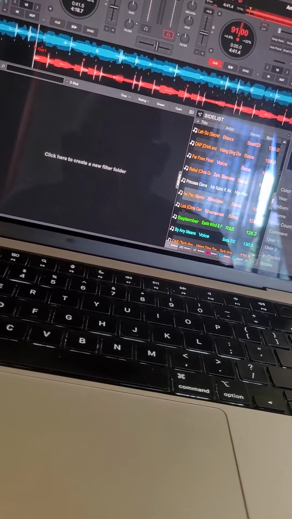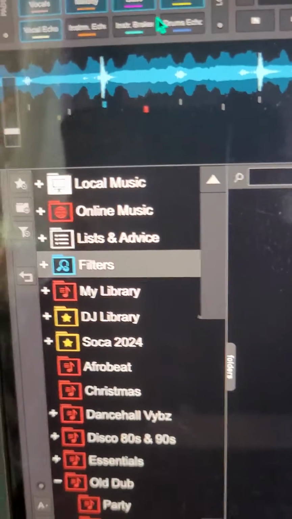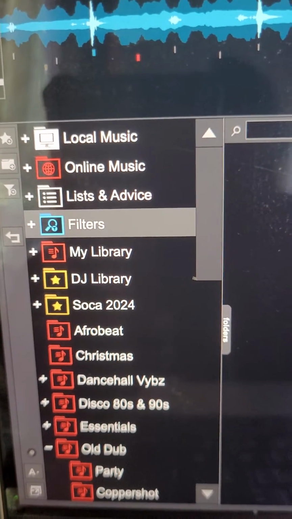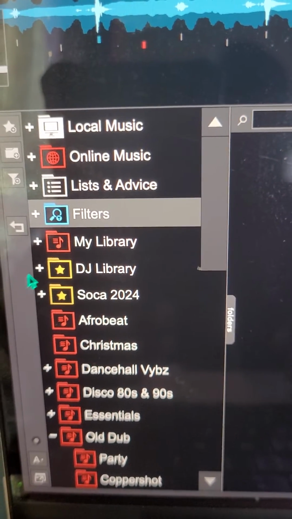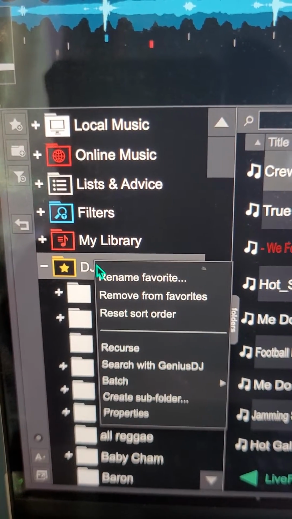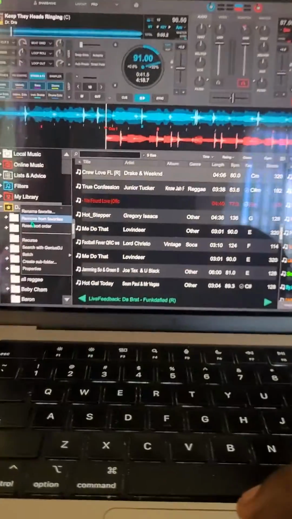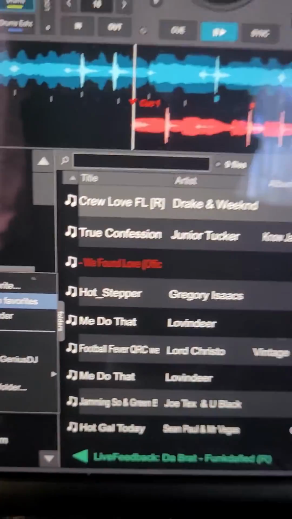Okay, so my DJ library, my parent DJ library, is right there, the yellow with the star right here. Okay, so this is it. And this is located directly in my music folder on my Mac, right? So the thing with VirtualDJ